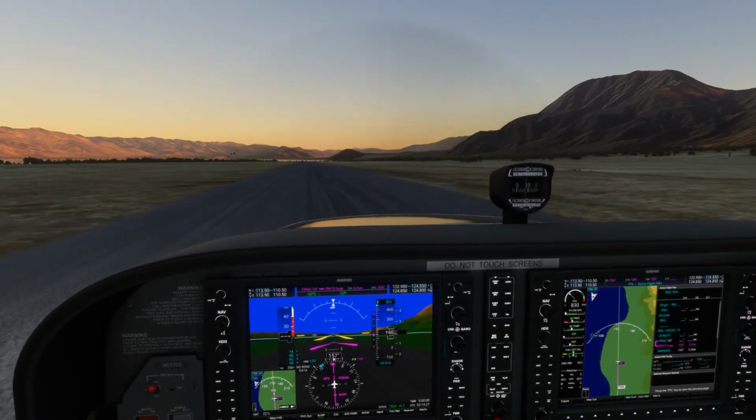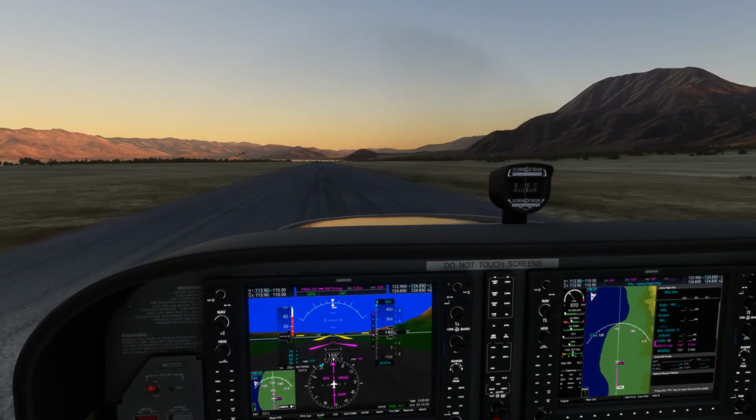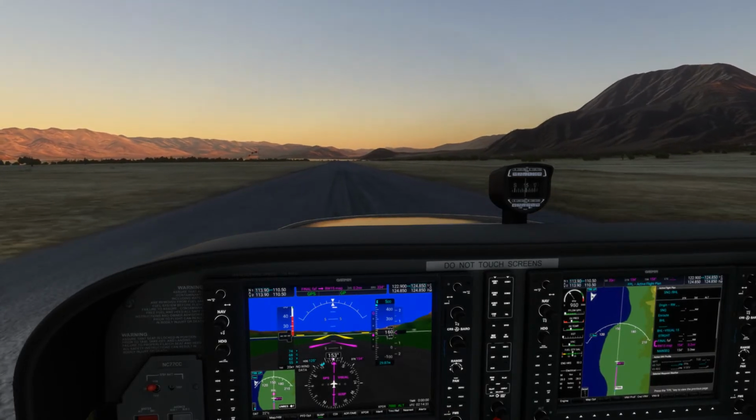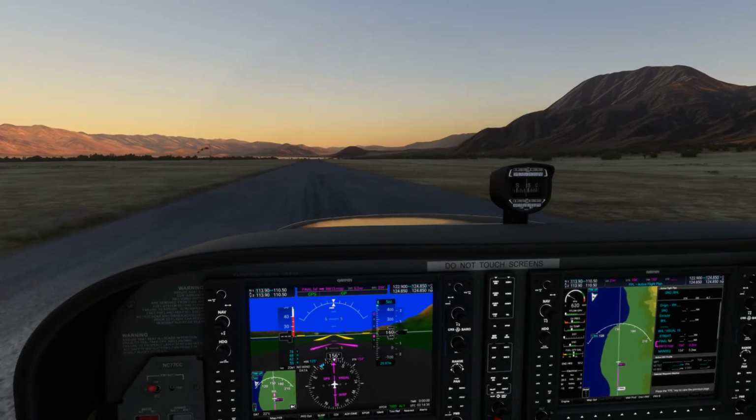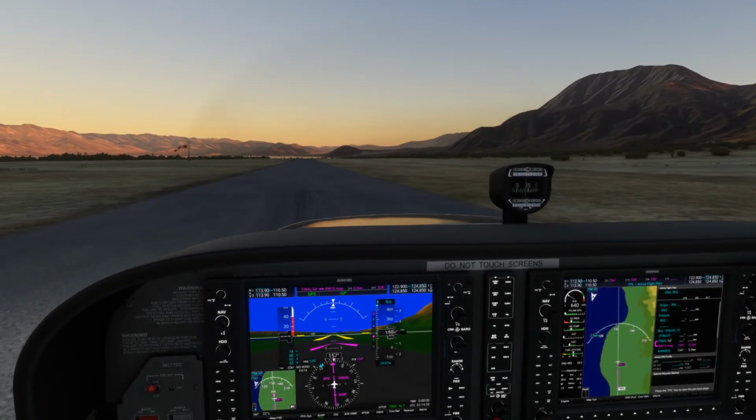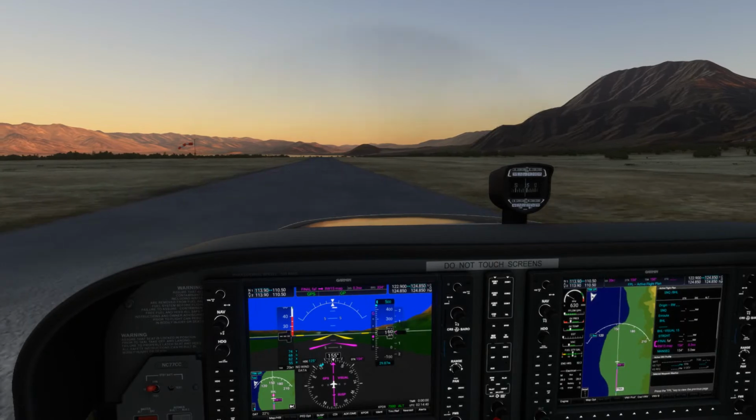I think I landed a little hard there. You could hear just a clonk whenever I landed. But let me go ahead and do the flaps up now. And I don't know where we're going to park. I guess just somewhere in the sand there.